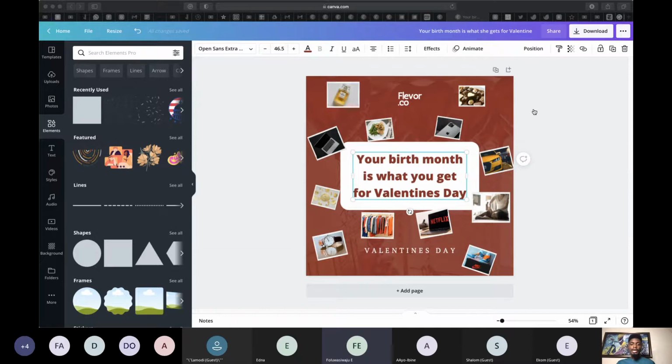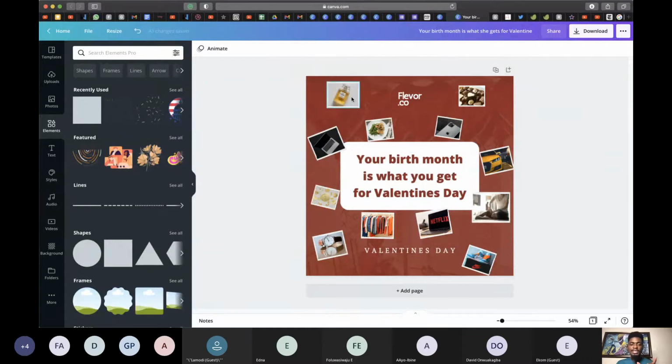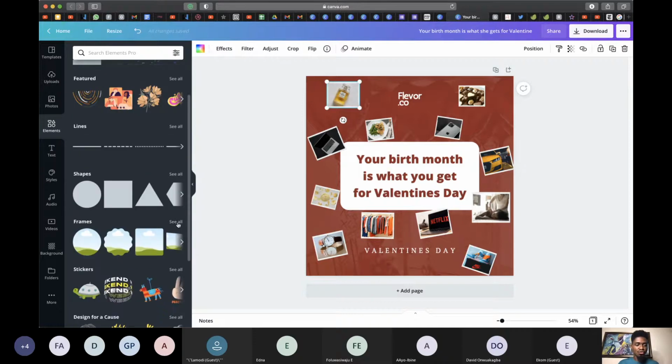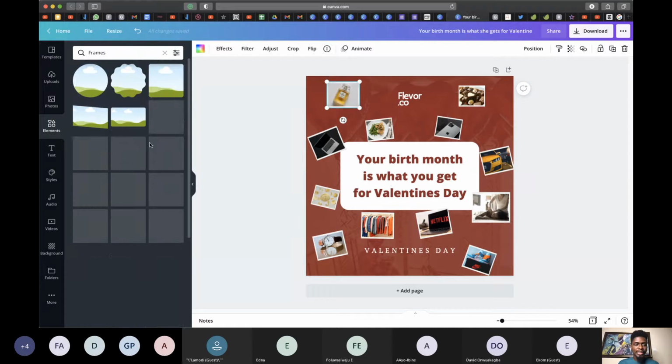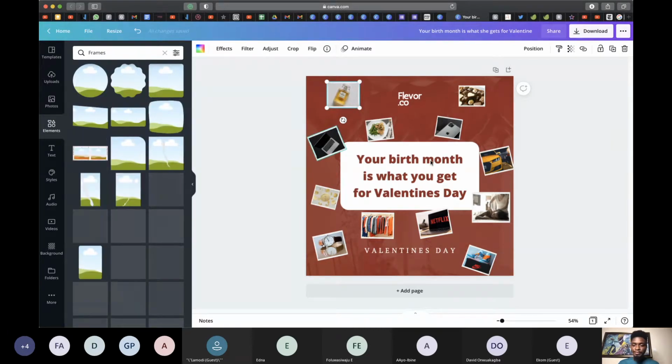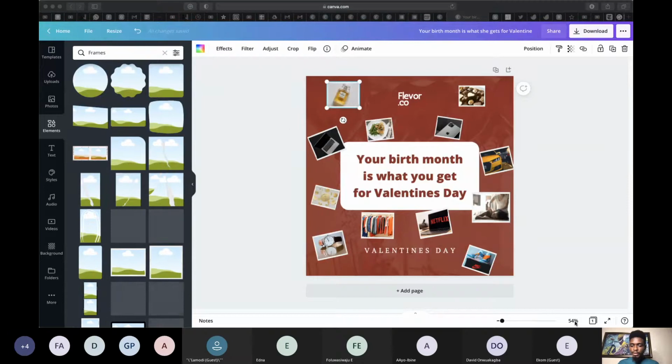Okay. So I can categorically tell you that there's nothing different on my Windows and Mac because it works on web. So even if I use Linux, it will be the exact same thing because it's a web-based app. Okay. So now the only difference is I think I've explained every other thing except the shape of this thing. So all you need to do is come to elements, right, and come to frames, right? So I used a type of frame that you will find under the frame. So instead of a regular frame, if you look closely,